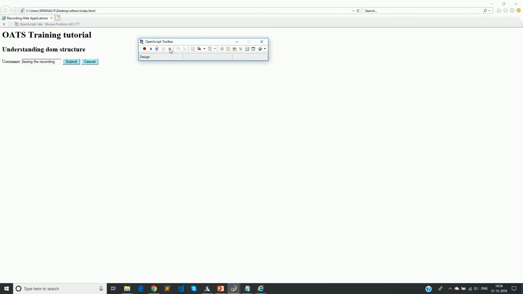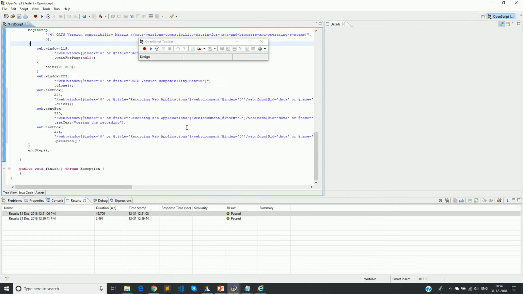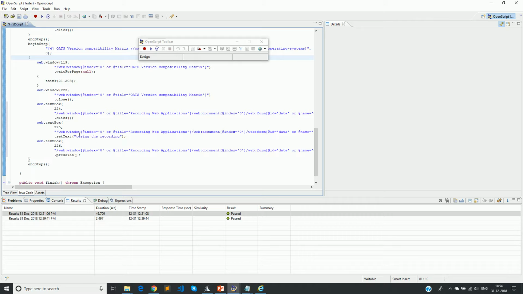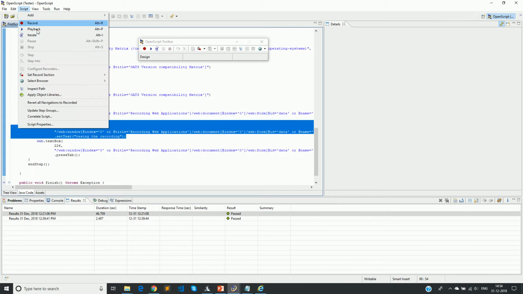Now when we stop the recording, we can go to the script and see the statement has been added automatically at the end of the script. Okay, so the same Select browser is available in this particular place. So that is the advantage of that.